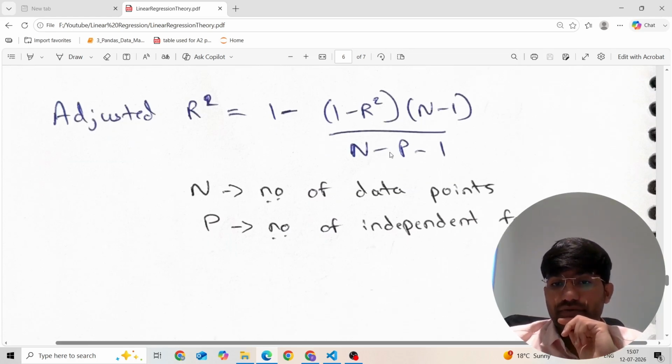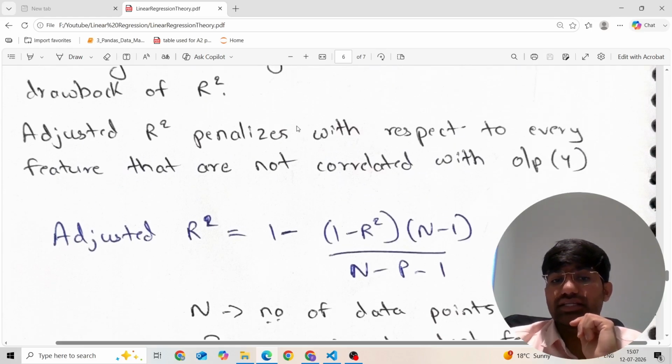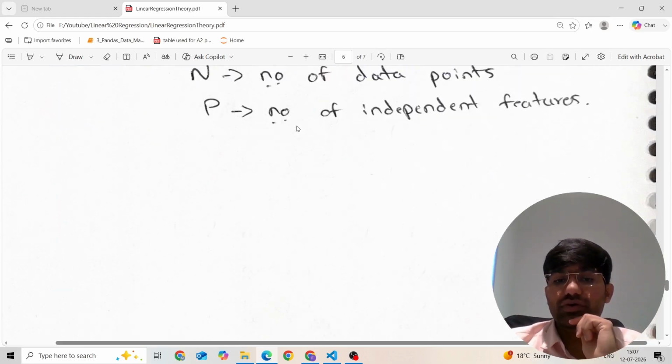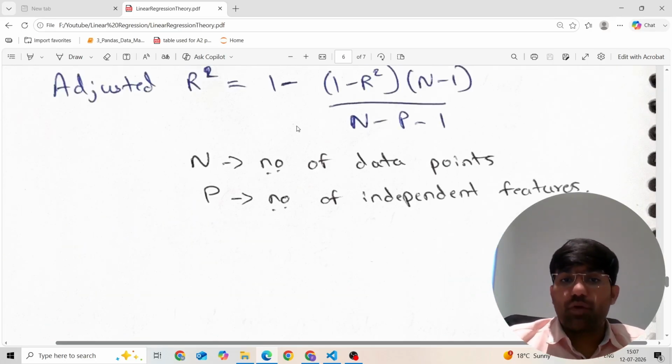The parameter value increases. So in general, the value you get for adjusted R square is less than the R square. This way it penalizes the input features which are not correlated with the output. So once the model is built,